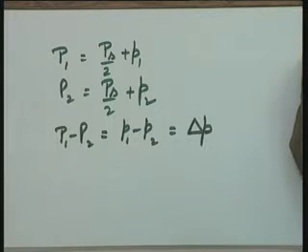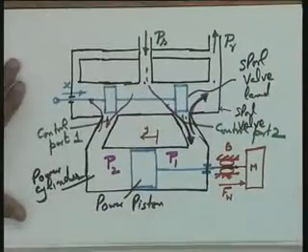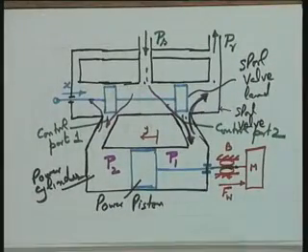A, the area of the power piston, into del p is the force exerted on the load, and this del p is equal to 0 at steady state, and hence no force on the load and hence no movement. Okay. So, this del p is the pressure difference across the piston. Okay. Coming back to this particular schematic diagram, what is happening in this particular case?